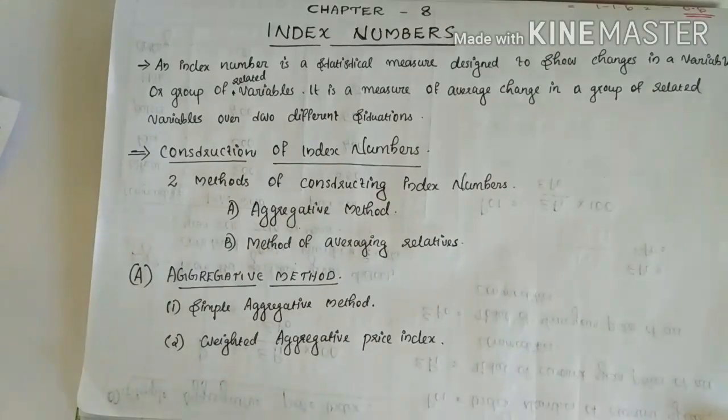Hello students. Today we are going to start a new chapter, chapter number 8, index numbers. Now this is nothing like any kind of numbers or magical numbers. This is related to the index of prices. That means index numbers measure the relative change in price and other related variables over a particular period of